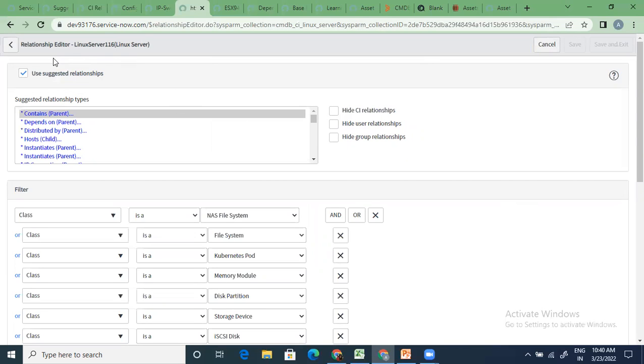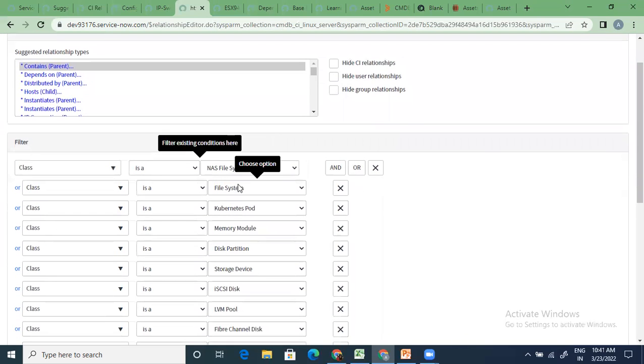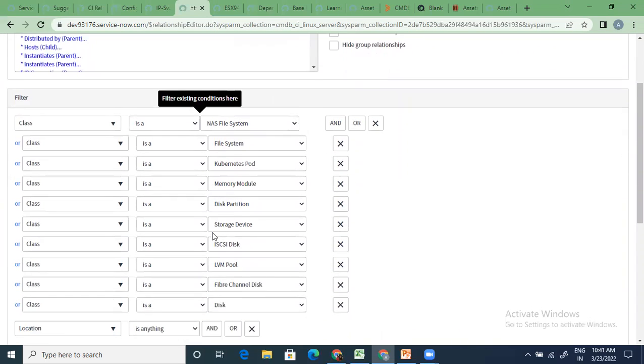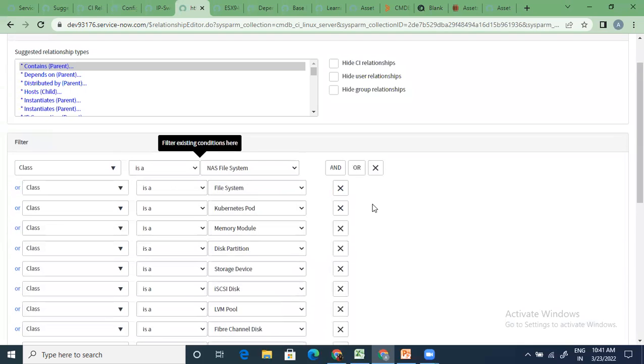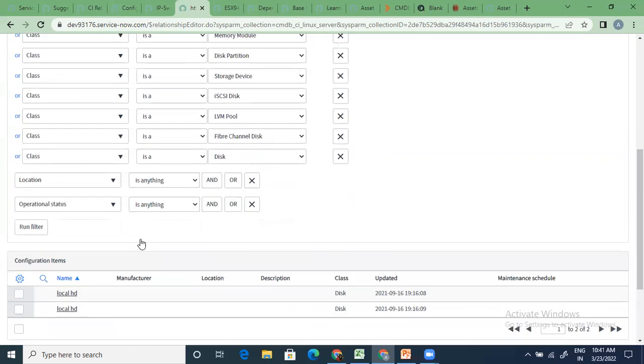So when I'm saying Linux, I'm trying to build a new relationship in the system. Then I have selected contains. Then what can it contain? It can contain a NAS file system, a file system. All of these are auto-filled. Can you see this, right? You can change this filter, you can close this filter, you can clear this filter, but then now it will